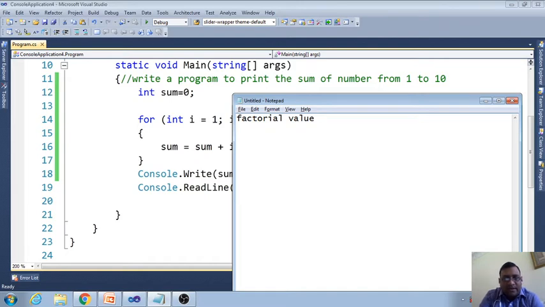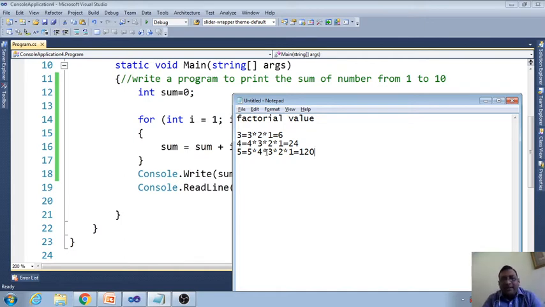For example, the factorial value of 3 is 3 into 2 into 1, and the answer is 6. The factorial value of 4 equals 4 into 3 into 2 into 1, which is 24. The next is 5, and 5 equals 5 into 4 into 3 into 2 into 1, that is 120. This is the factorial value.